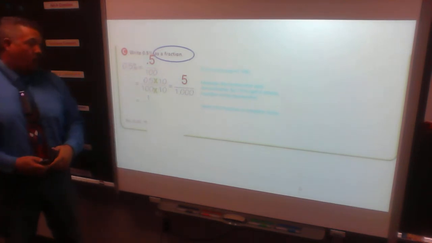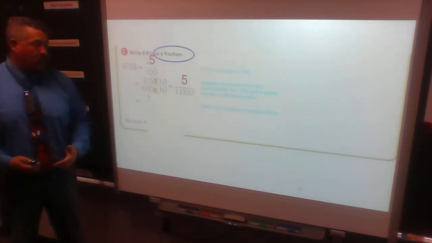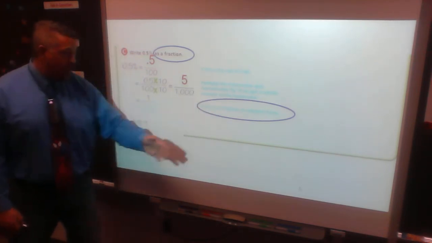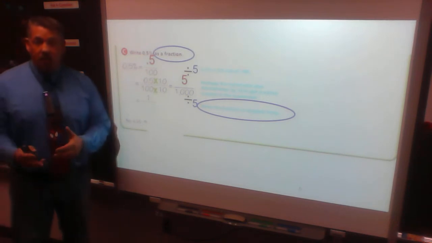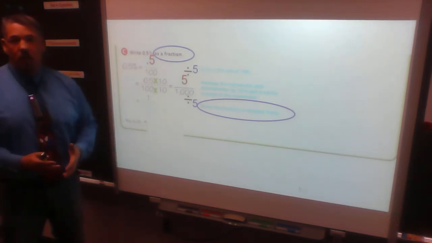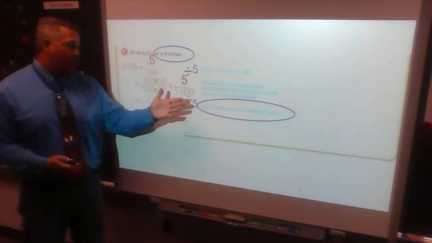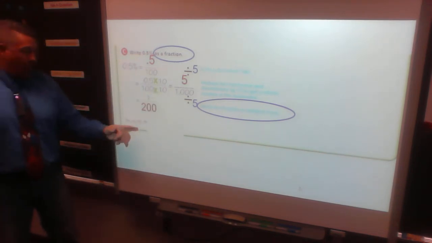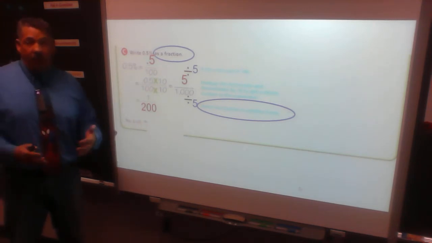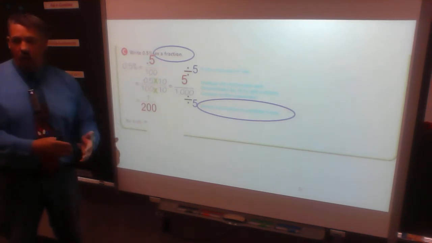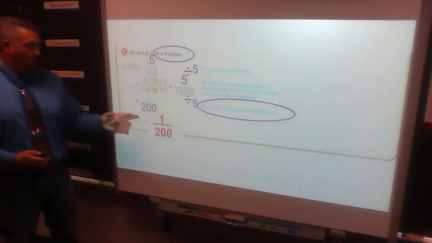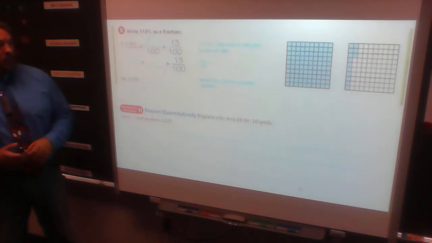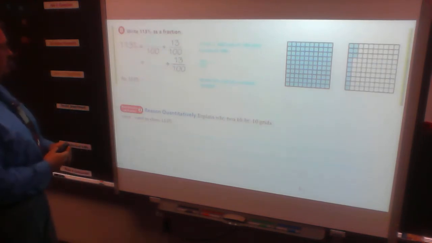1,000. Once I have 5 1,000ths, then I also have to reduce it because I have to go to the simplest form, which means I'm going to reduce numerator and denominator by 5. Because 5 goes into 5 one time, and 5 goes into 1,000 200 times. So this would actually change into the 0.5% or 0.5% is equal to 1 over 200 as a fraction form. All right, so what about